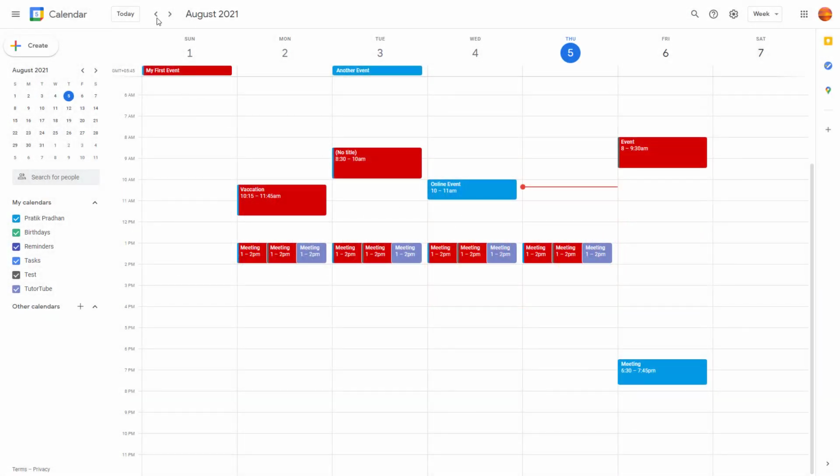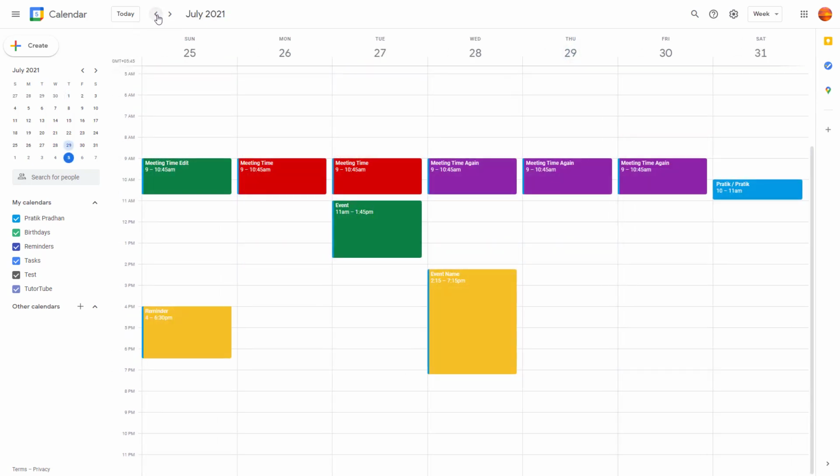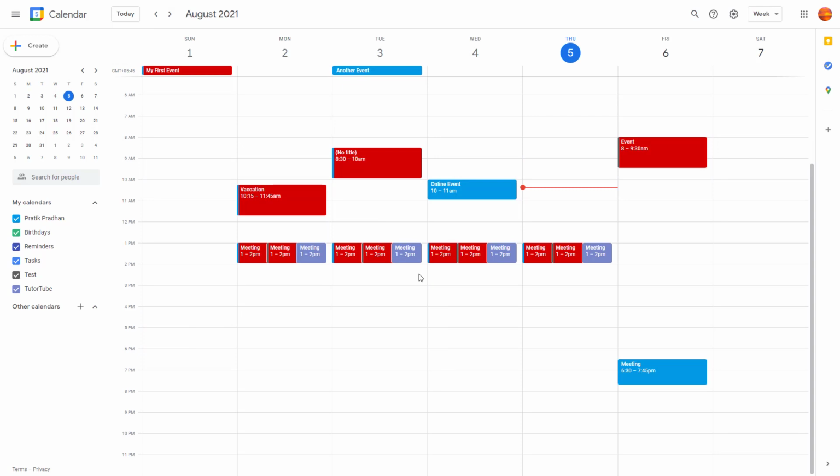So over here, you can see that I got a bunch of events in my Google Calendar. If you want to, for example, filter out and search for events, then you can easily do so by going to the top right-hand side, where you can see the search magnifying glass right here. Once you click on search, you can see that the search bar pops up